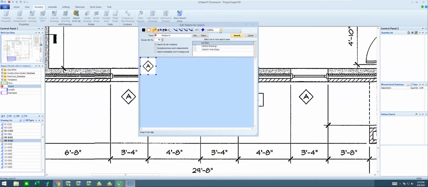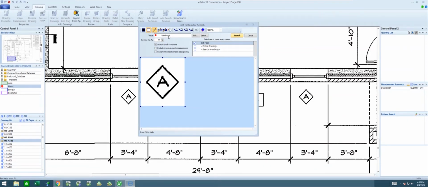And then the other thing I want to do is go up to this magnifying glass up here and get that a little bit bigger on the screen. Because most products will search for that symbol, but most products find a whole bunch of other things that are very similar, but not quite the same. And I'm going to purposely use that as my advantage for this product.